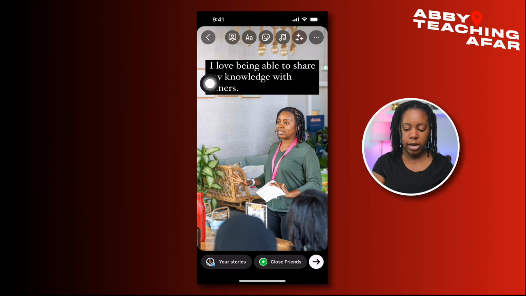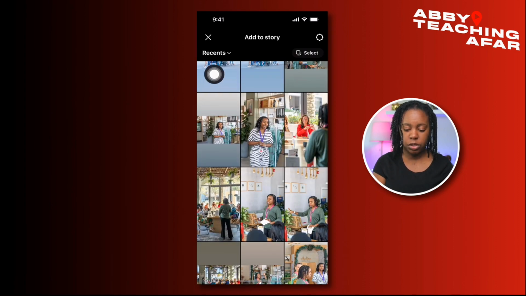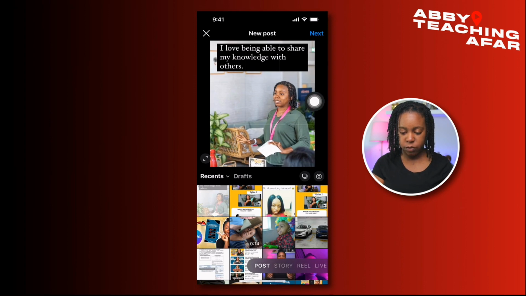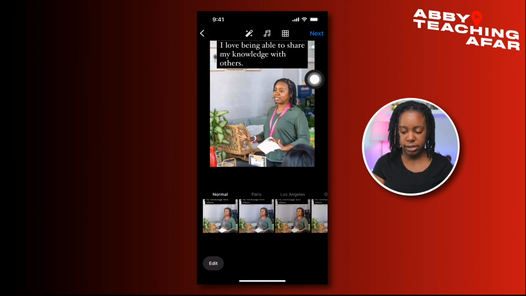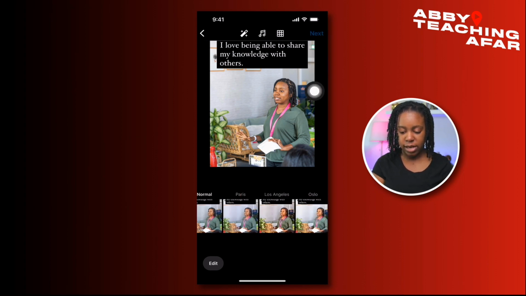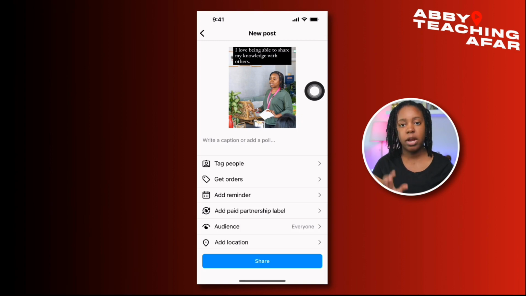Once we've done that, we can actually come out of here and we don't have to share it. We can go to our plus button and that image should be selected since it's our first one. Move it around, press next, and now we don't have to put any filters on it, but you have that opportunity as well. And you can press next again, and you can share this image. So this would be a 1080 by 1350 right on your screen. But this is a great way to take an image and also share it with a thought on it for